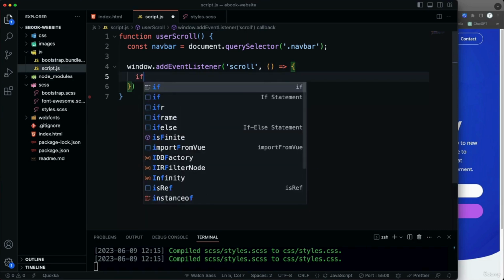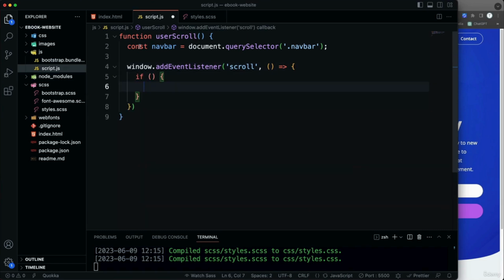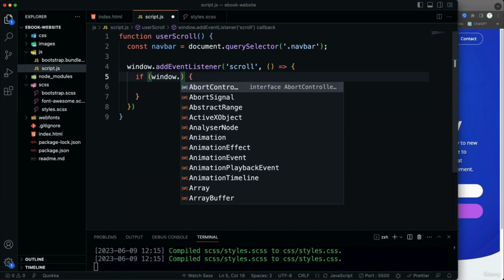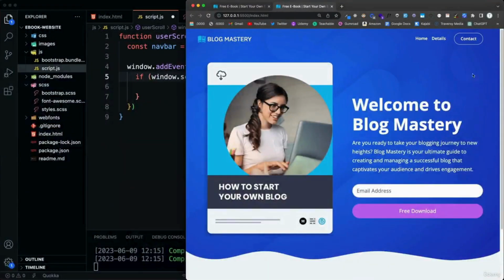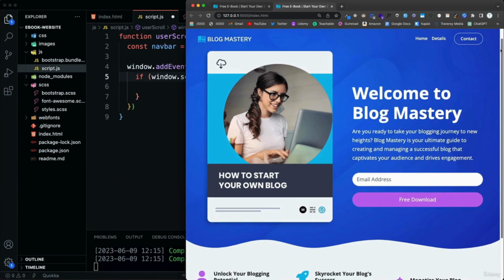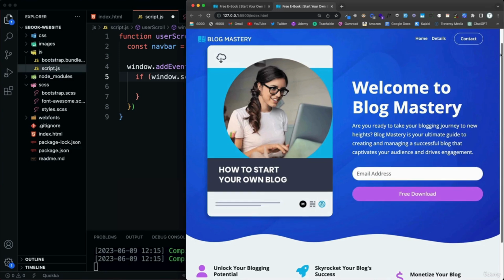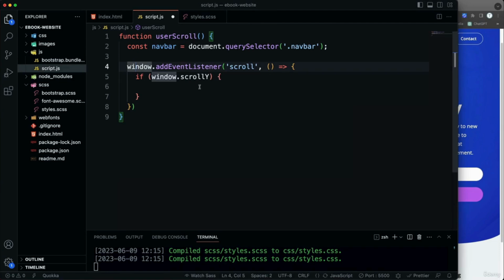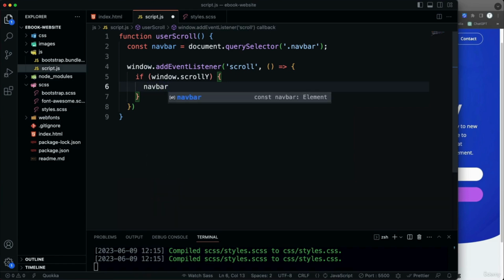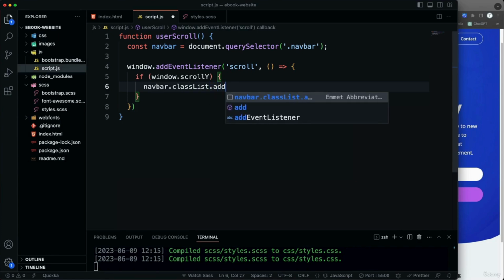And in that function, I want to check where the scroll is. So on the window object, there's a property called scrollY, and that means scroll on the Y axis vertically. And we basically want to say if that value is above 50, which is probably around right here, then I want to add the class of bg-dark to that navbar. All right, so we can do that by saying navbar, which we just brought in, and then on the classList object there's a method called add,